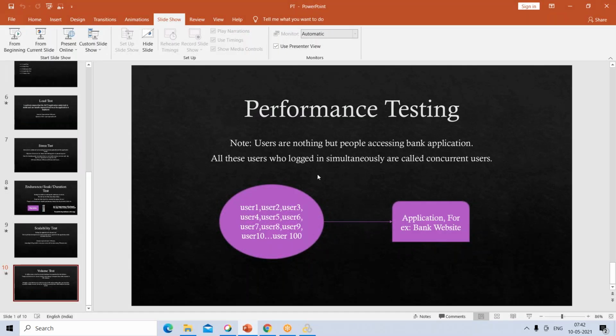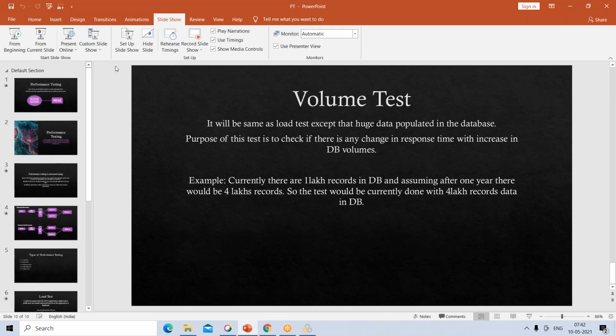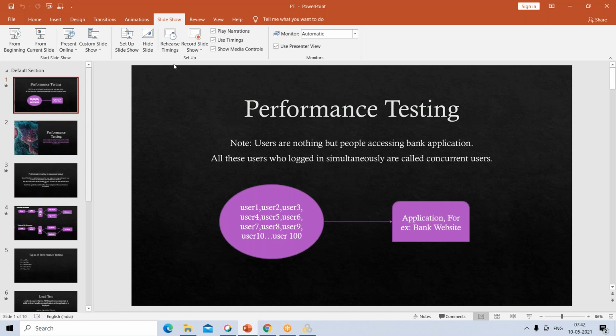So now I'll open this Q&A session. You can ask any queries related to these types of performance testing, and you can ask any generic questions. If you didn't attend the previous demo session, you can ask all your generic questions as well. It could be related to the course content, or the course duration, or anything.